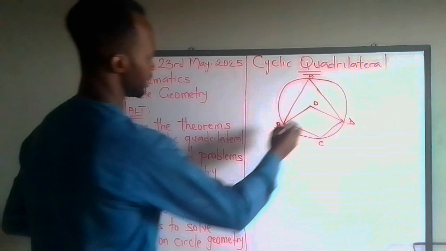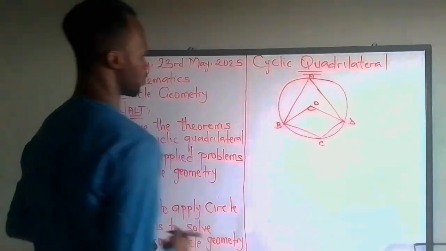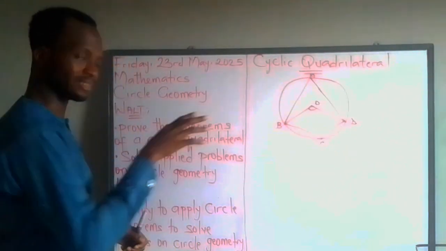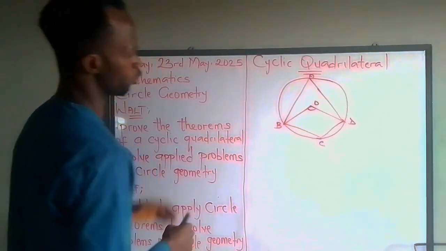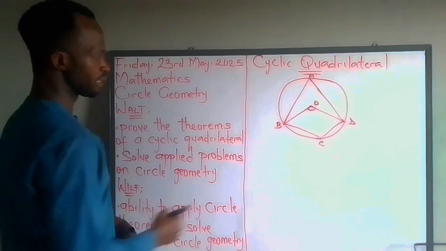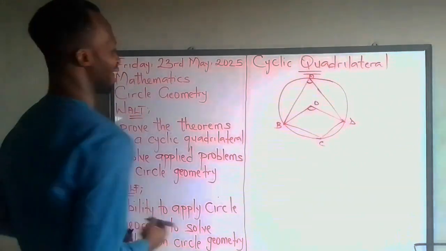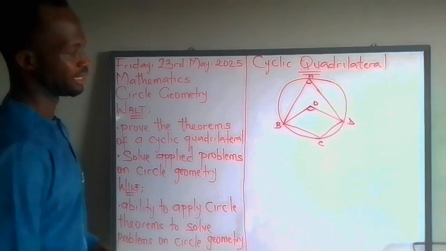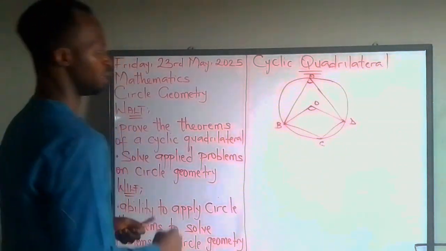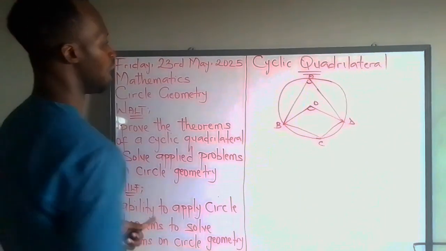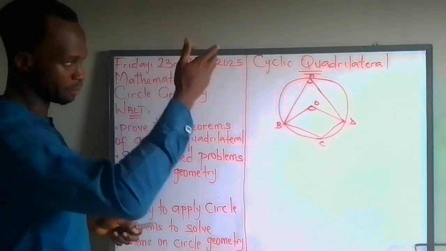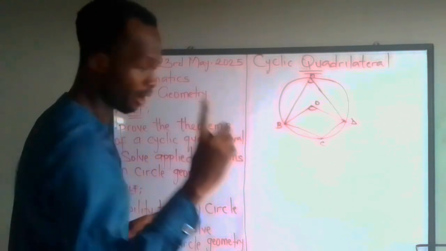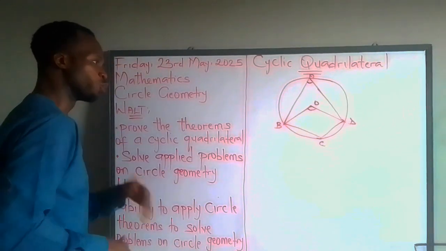So here, this is the center of the circle, so there's an angle that is subtended by the 2 radii, OB and OD, at the center of the circle. We observe properly, there's also an angle at A. So we know from the first circle theorem that the angle at the center of the circle is 2 times the angle at the circumference. So how do we go about this? Now, take note of this. We've been able to establish before